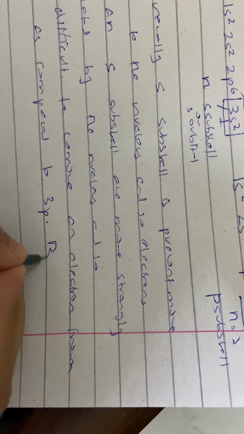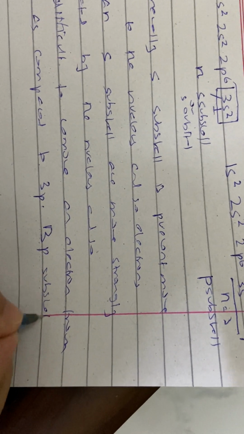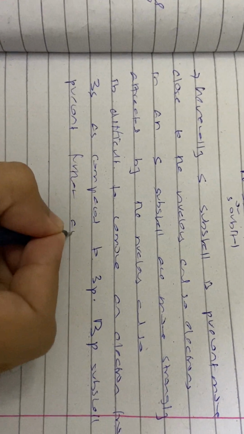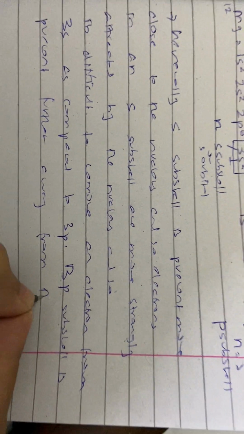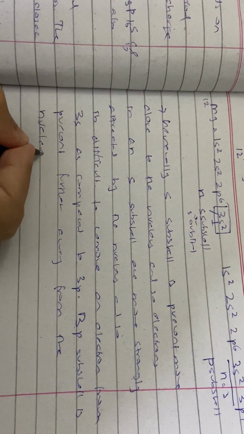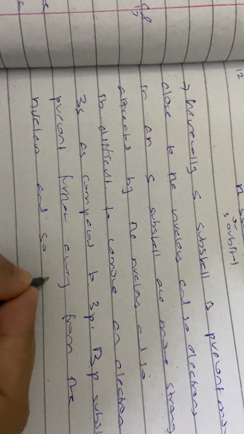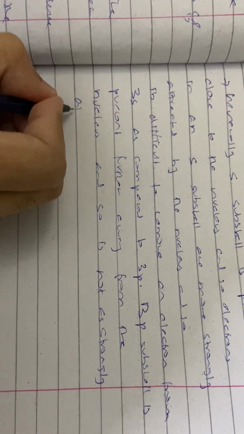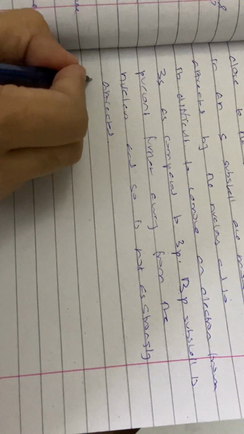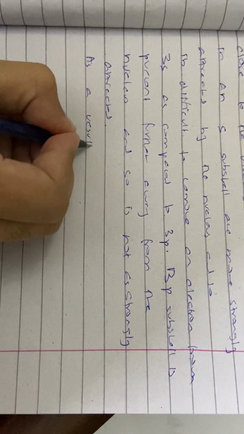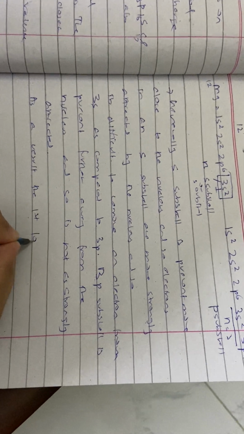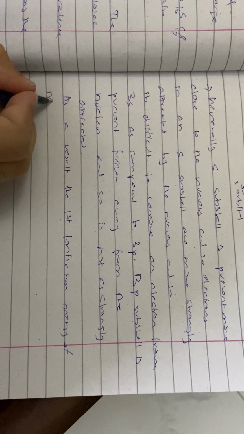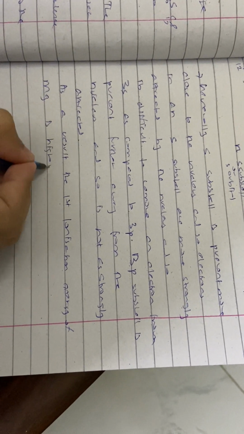The 3p subshell is present further away from the nucleus and so is not as strongly attracted. As a result, the first ionization energy of magnesium is higher than that of